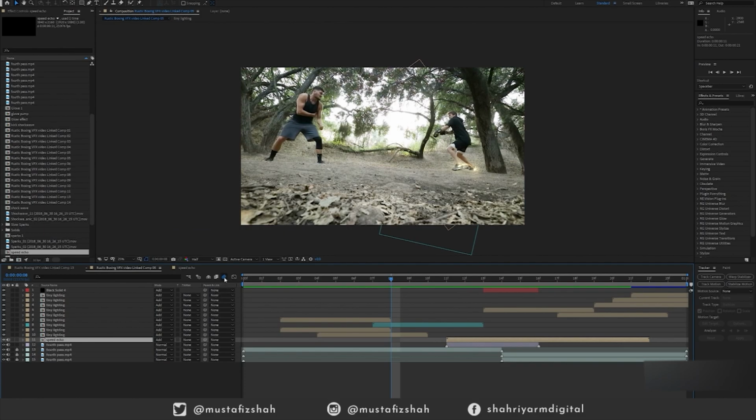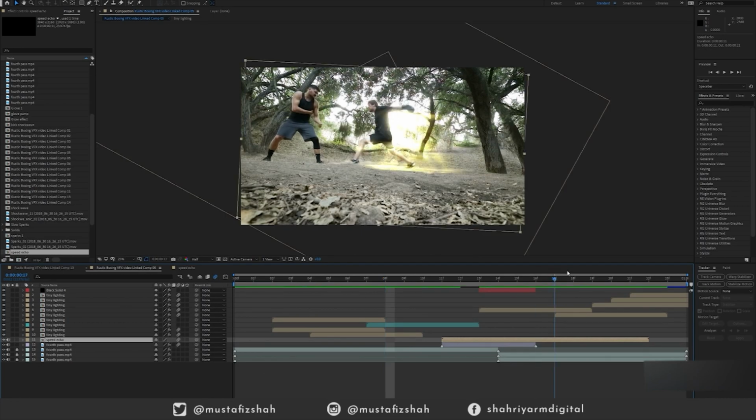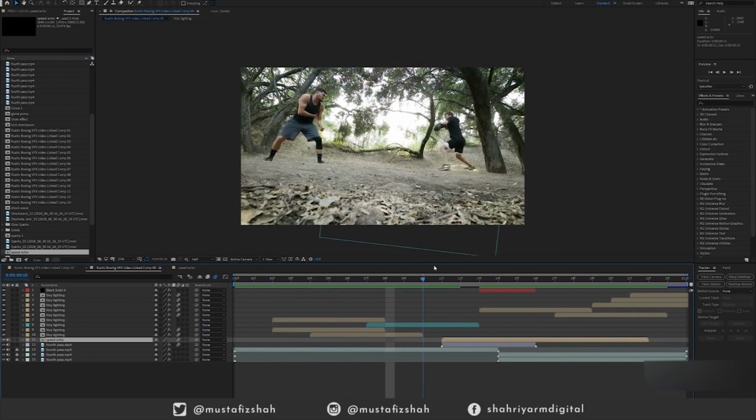But here's this thing that I use a lot, which is motion blur. If you enable motion blur on your layer and enable it again within, and once I add motion blur, everything gets tied together. It's kind of like Pikachu in Pokemon. I'm stretching some of these electrical,